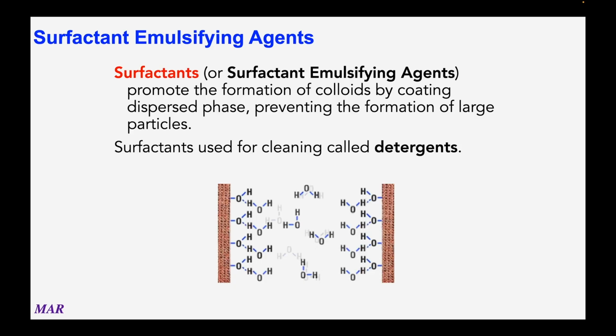In cotton treated with softeners, however, some hydroxyl sites are occupied, making the fabric less attractive to water and therefore less absorbent. There's quite elaborate chemistry on what's called a surfactant. A surfactant is basically a type of substance that promotes the formation of colloids, and it's pretty neat stuff. A surfactant that's used for cleaning is called a detergent, and this is what we use